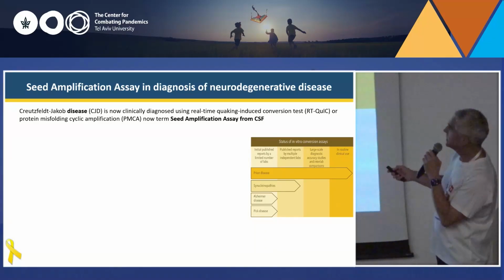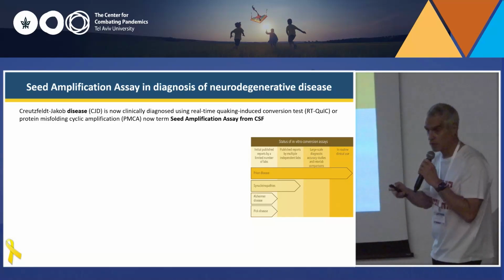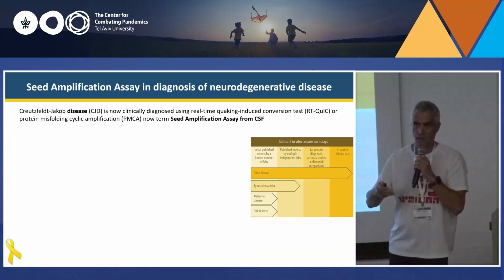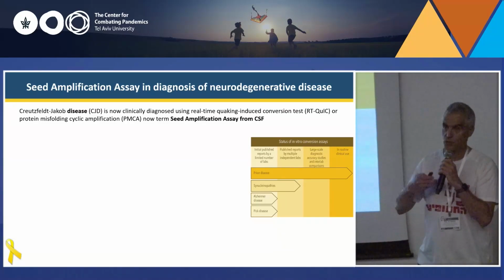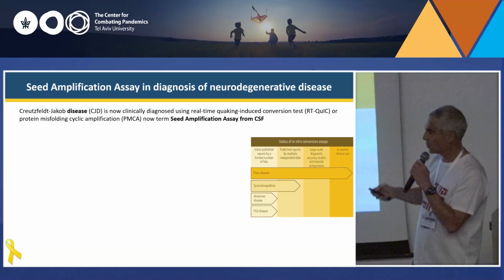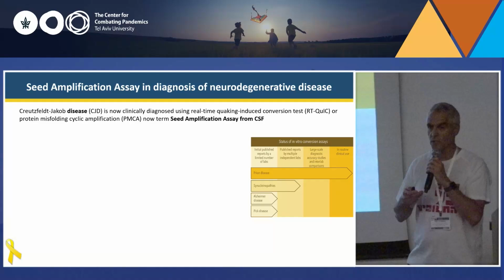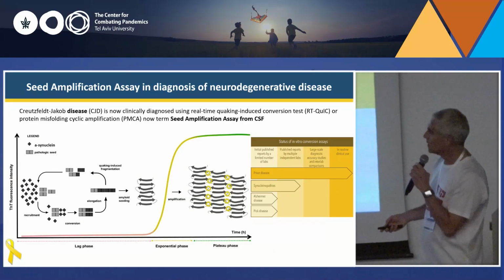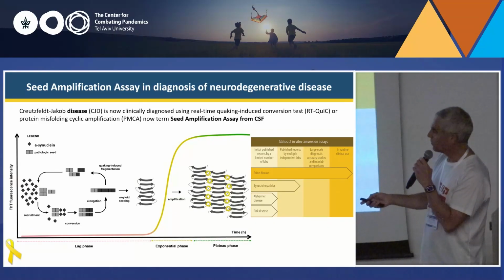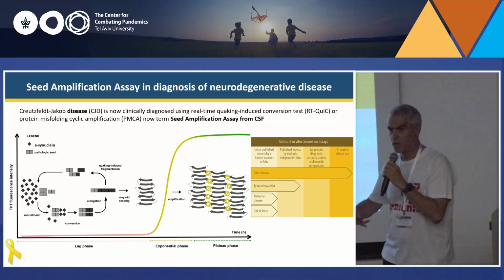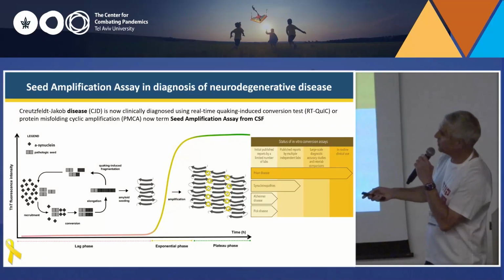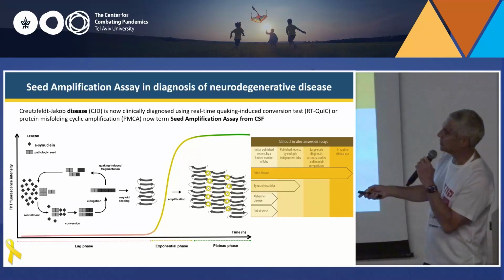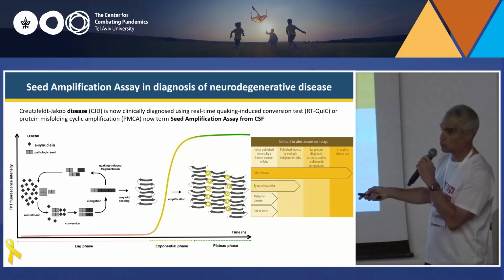So what is seed amplification assay? The idea is that if you take a sample, CSF sample, brain sample, skin sample from a patient with seeds of alpha-synuclein or prion, and you mix it with monomeric alpha-synuclein, one of the things that will happen after several rounds of heating and fragmentation is that the monomeric form that you added to the seed will start to elongate and propagate and create fibril.